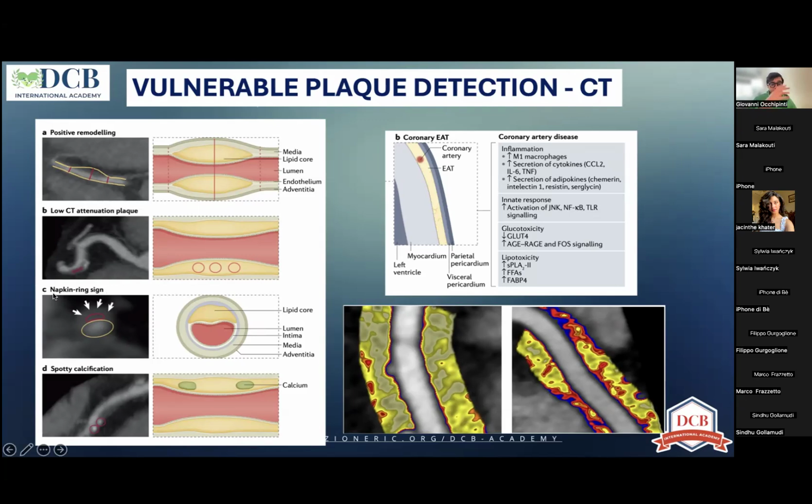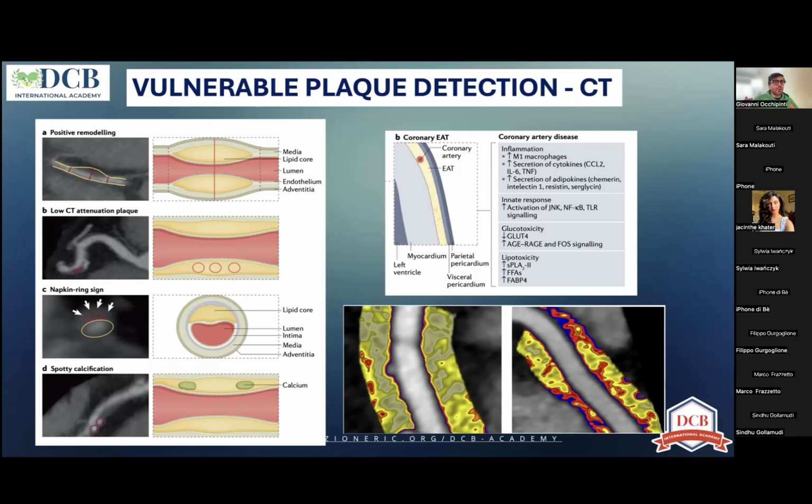As you see, for example, for the napkin ring sign, the yellow ring depicts the lumen, and above that you see a low attenuation signal that is covered by a higher attenuation signal. Why CT is becoming